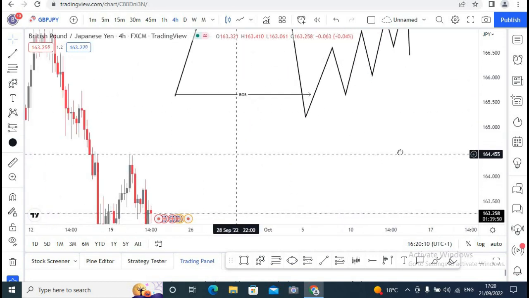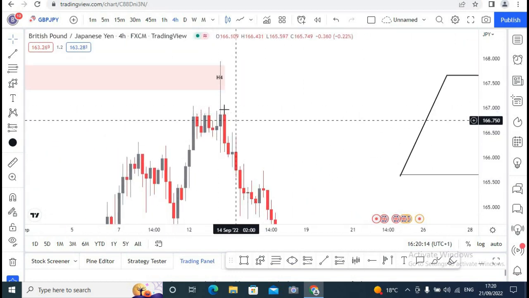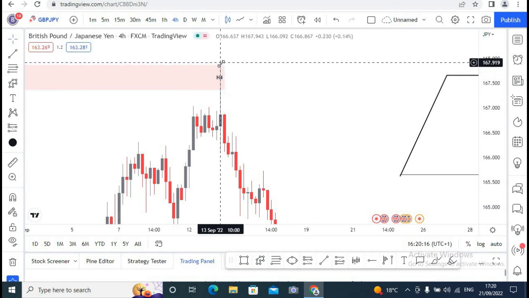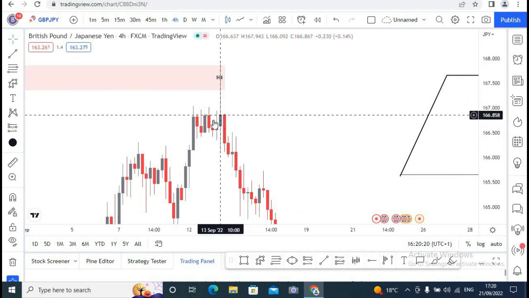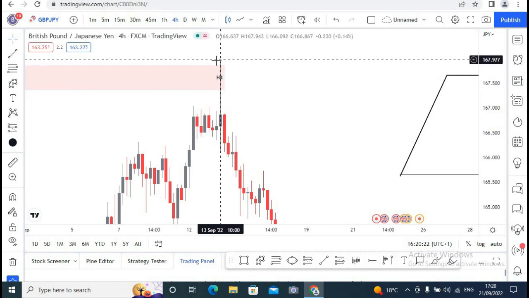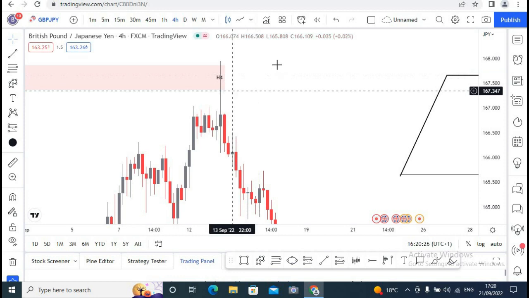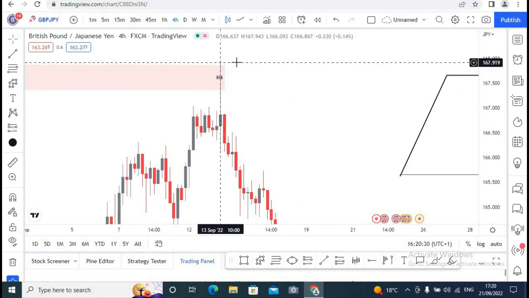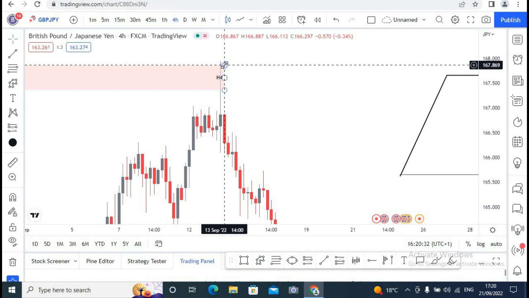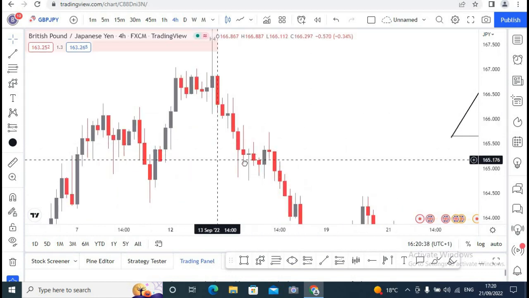So what you have to understand, once you have identified such a kind, if you see price giving you a wick, just know that they are going down. But if they give you a full body after taking out a supply, just know that they'll continue going to the upside. So this is just a clean-up of SLs at this supply zone, and then they'll go in the right direction,